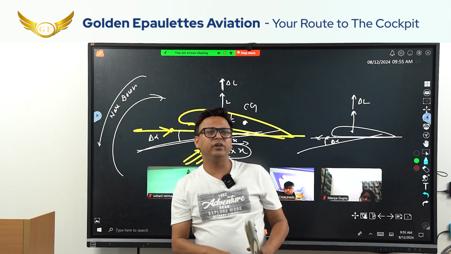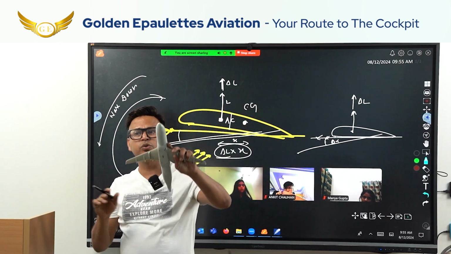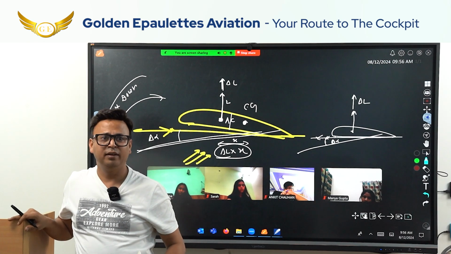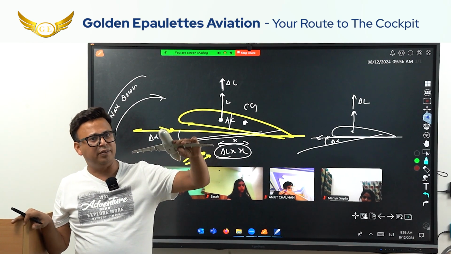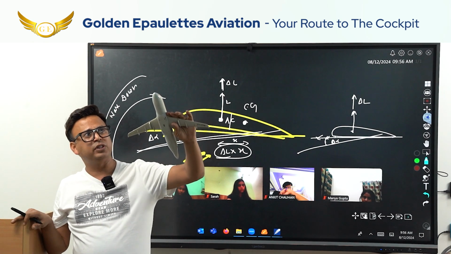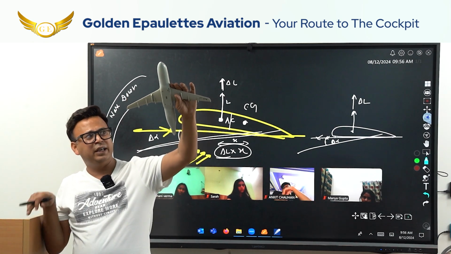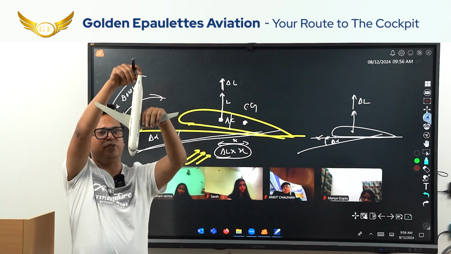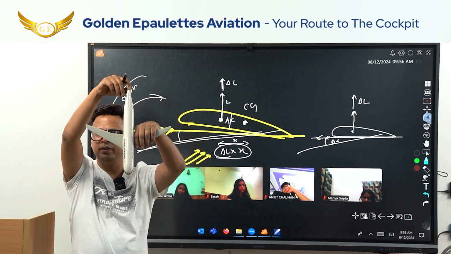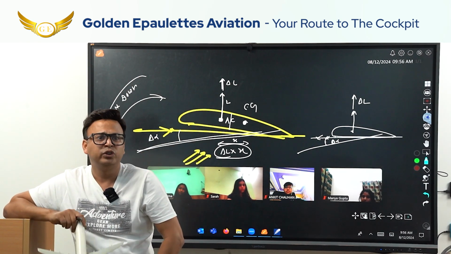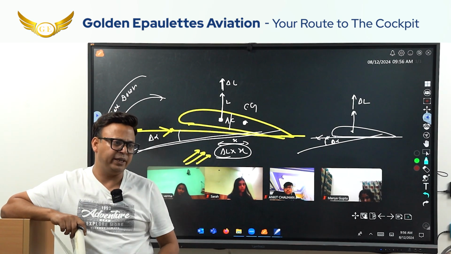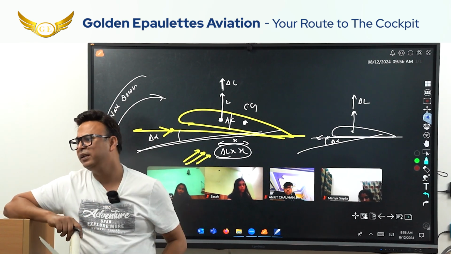Is it stabilizing or destabilizing? Is it correcting the problem that occurred or not? The problem was that the aircraft was disturbed in pitch and was trying to go this way. The tail plane has created an opposite force to put the nose down. So is the tail plane stabilizing or destabilizing? So the wing is always destabilizing, and the tail plane is always stabilizing.